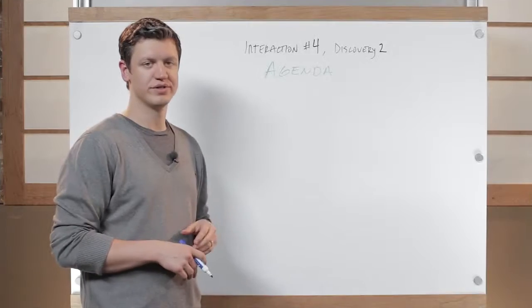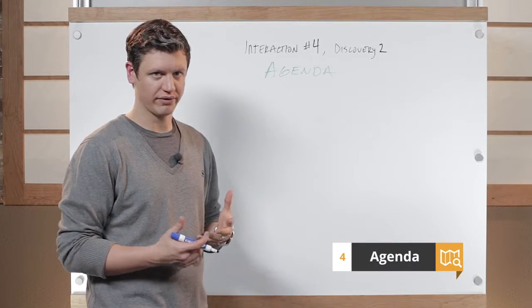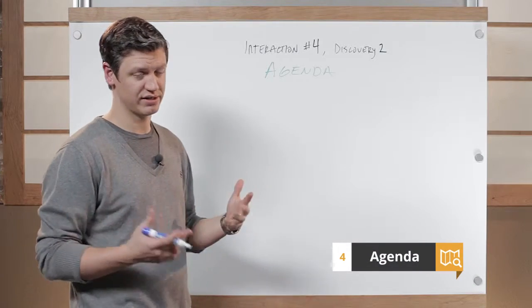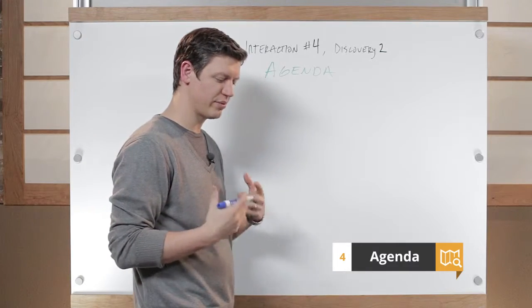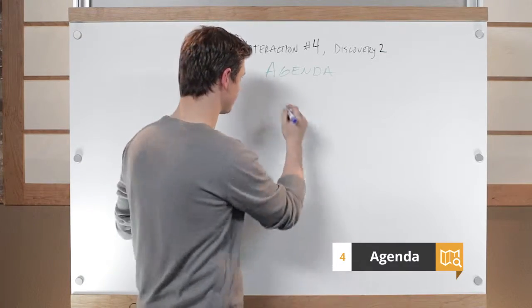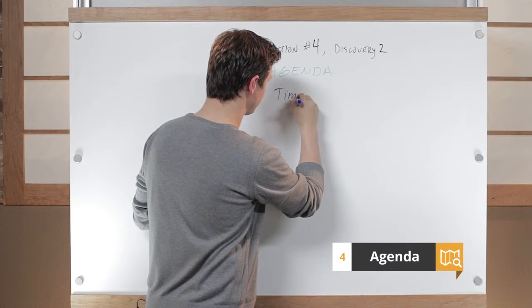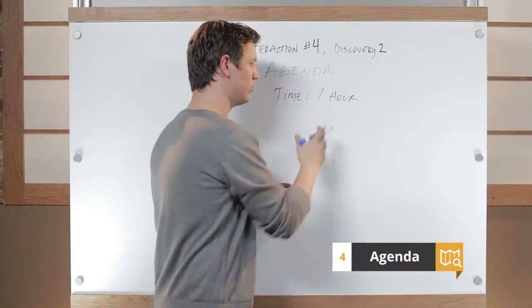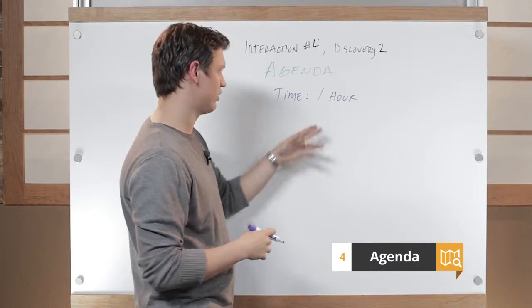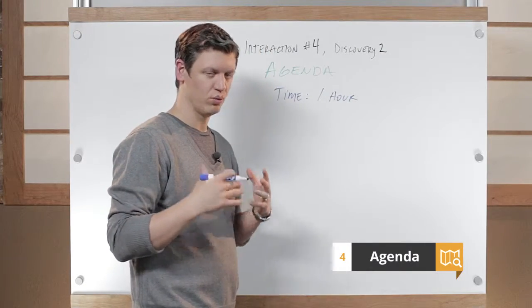All right, so now let's jump into what a sample agenda would be like for our fourth interaction, which is our second discovery meeting. So first of all, like I said, we're spending an incremental amount of time in each of our meetings. And so this meeting, typically you're gonna wanna target about an hour. Maybe you might go a little bit over, but typically you're looking at spending about an hour with your prospective